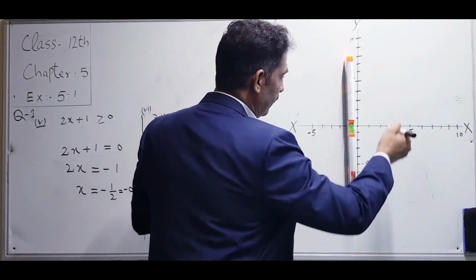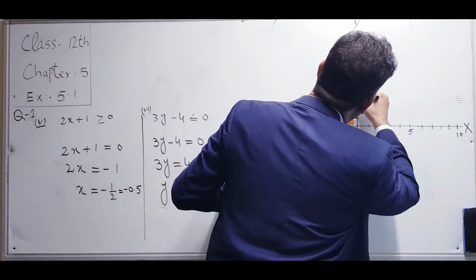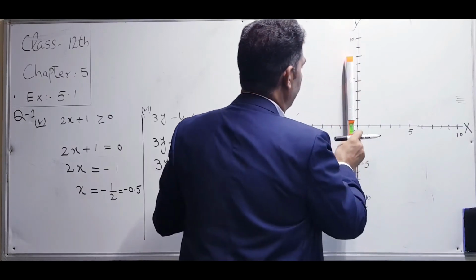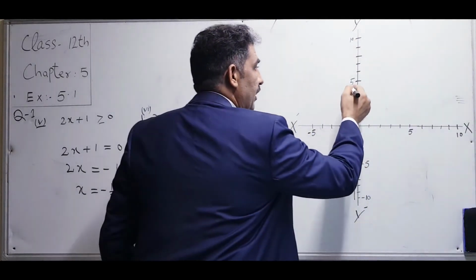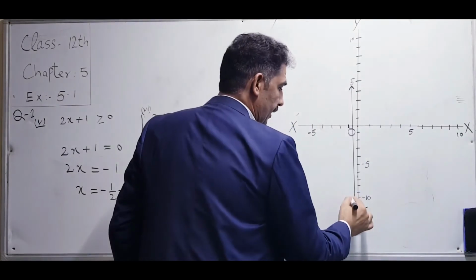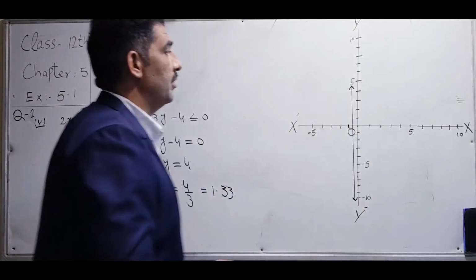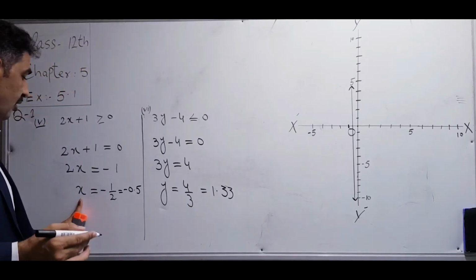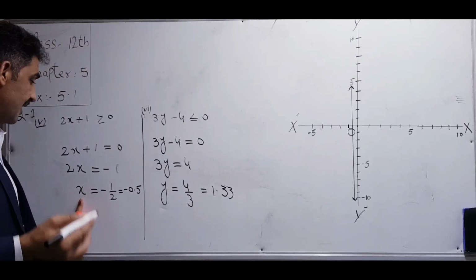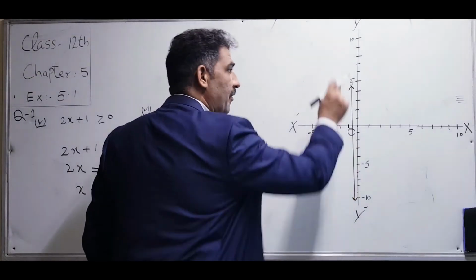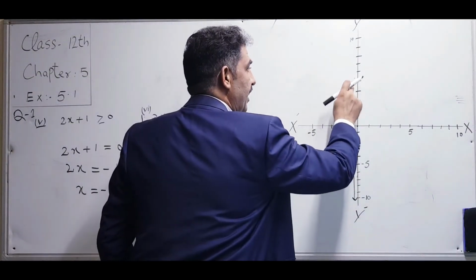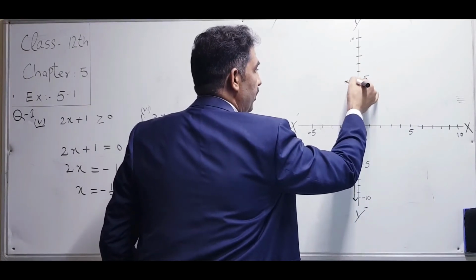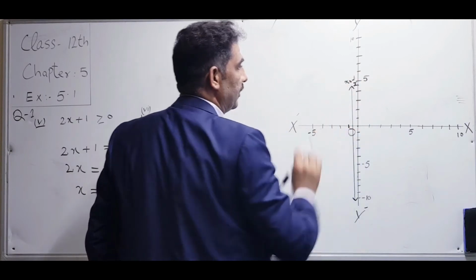Yes, like that. You can see this value is parallel to this, and write the name of this value. What is this equation? The name of this equation is x is equal to minus half. So you will write it above or below, any place, because here I wrote value 5, I will write 5 here. So x is equal to minus half, right?